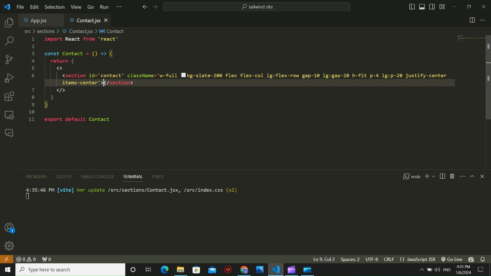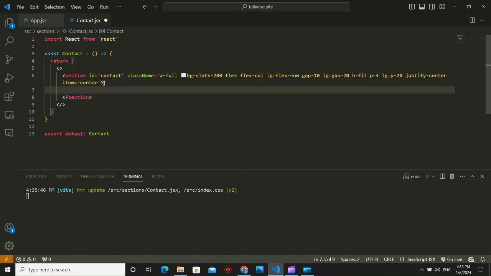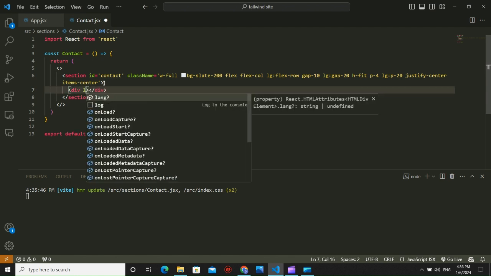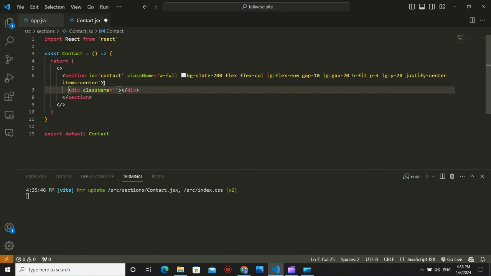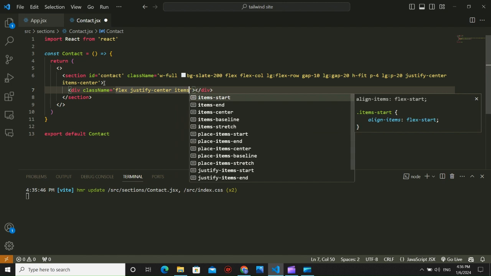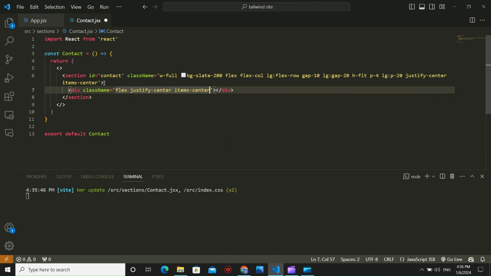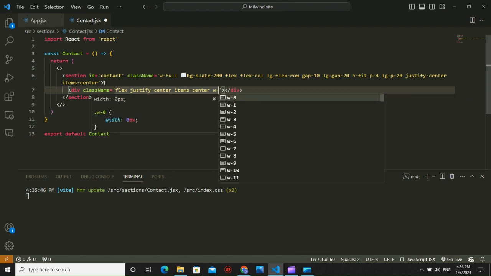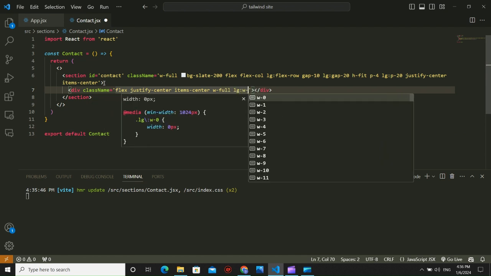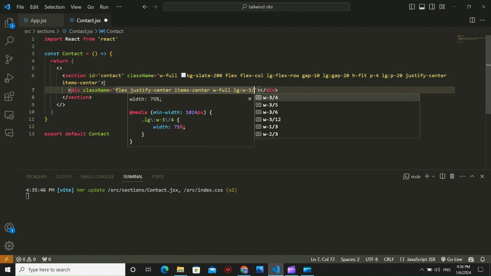So inside this contact, so inside this now we have to make a div container, the parent container, and inside this let's add a class name flex justify items center, width full, and in large devices width would be 3/4,